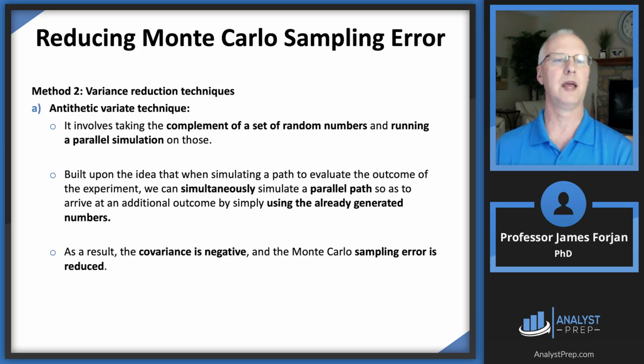So let's start with this antithetic variate technique. What we're going to do is take a complement set of random numbers and run a parallel simulation. You guys know that I like to give sports analogies and even movie analogies. So I go back to one of my favorite movies that I watched with my children over the years, Back to the Future. Do you remember in Back to the Future Part 2, there was the regular old 1985 and then the alternate 1985 that Doc and Marty had to deal with? I think about these Monte Carlo simulations as alternate 1985s. Of course, Marty and Doc only had to deal with two of those outcomes, but with a Monte Carlo simulation, we have tons and tons